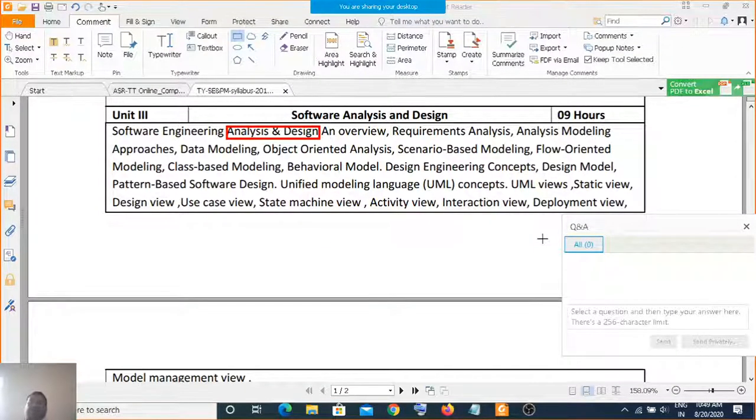Analysis means you actually start questioning about what exact product you require. Okay, so this questioning goes in two ways. First is called direct questioning. Suppose you have some problem, if you want to understand something, you can directly question your mentor.